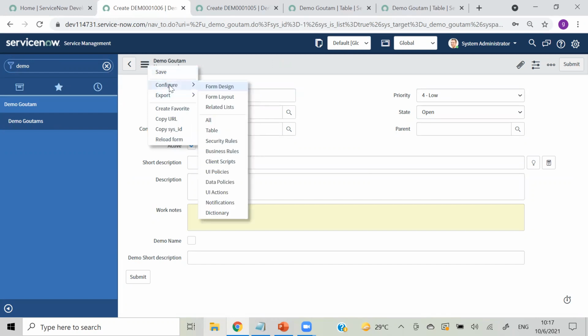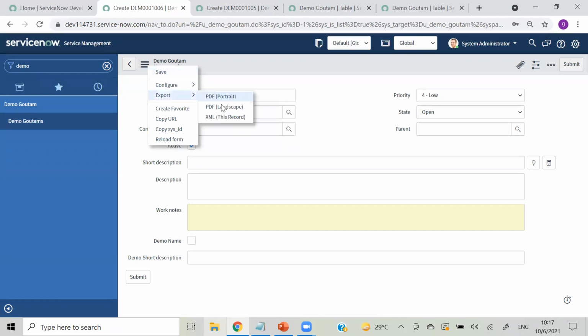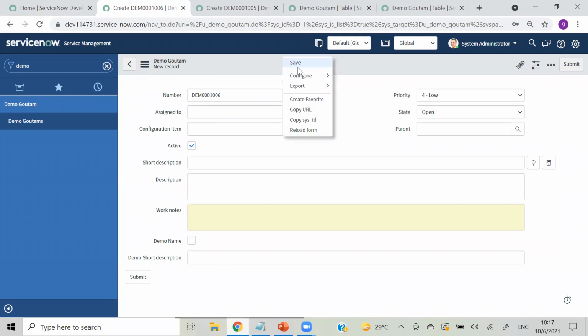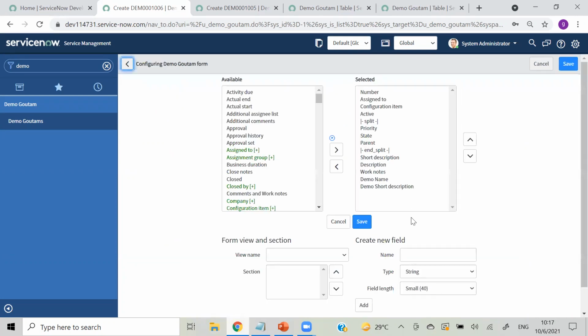Presently, we don't have any views on this form. Like in .NET, we create one view for the end user, one view for the manager, one view for the CEO, right? So we can create the same thing here, but by default, this is a default view. If you want to create a view, you can go to your form layout.